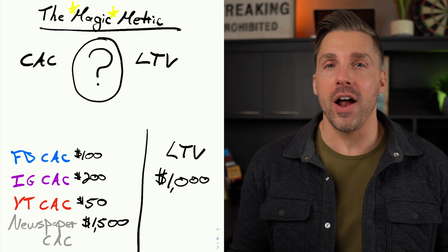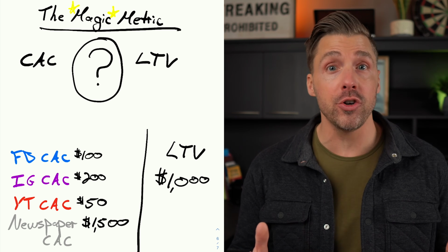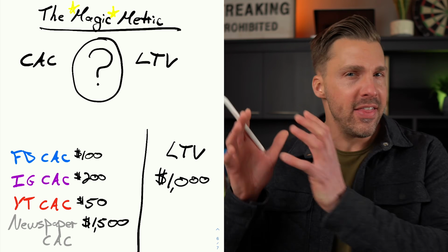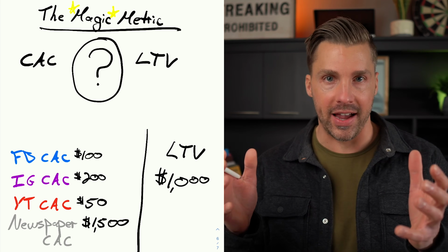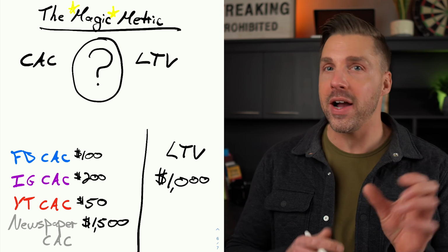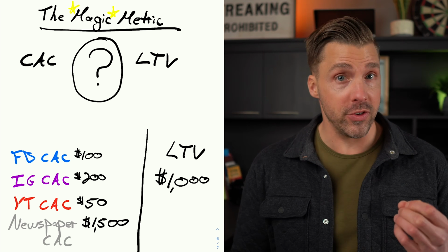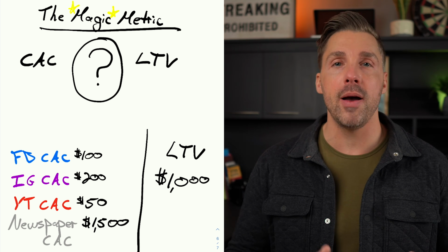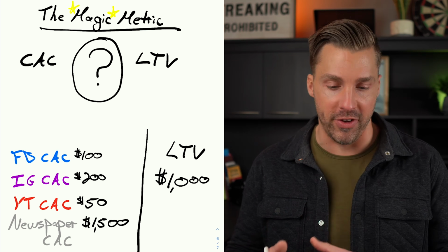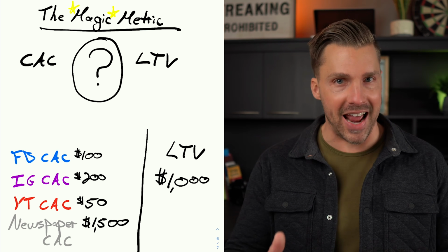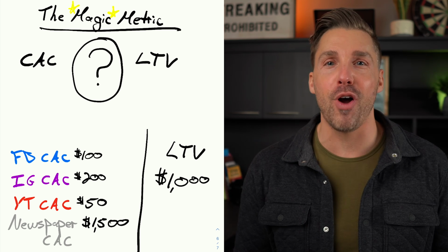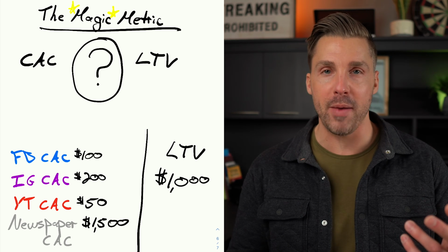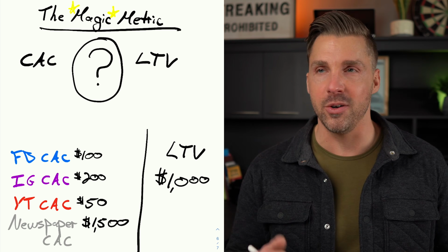Let's say again that you've got a customer acquisition cost of $100 with Facebook. So this means that lifetime value of $1,000 for that customer, well, when we spend $100, we're making $900 profit. If it's costing us $200 through Instagram, well, we still have $800 profit. We've got $50 for YouTube as an acquisition cost, $950 profit. And for our last example there, the newspaper, we could supplement that or replace it with, say, Twitter